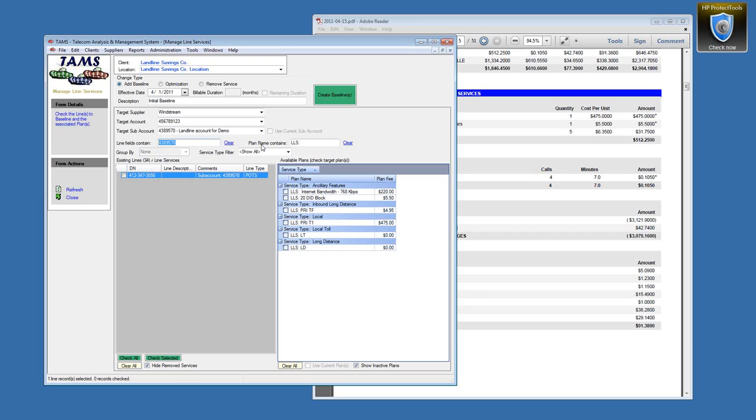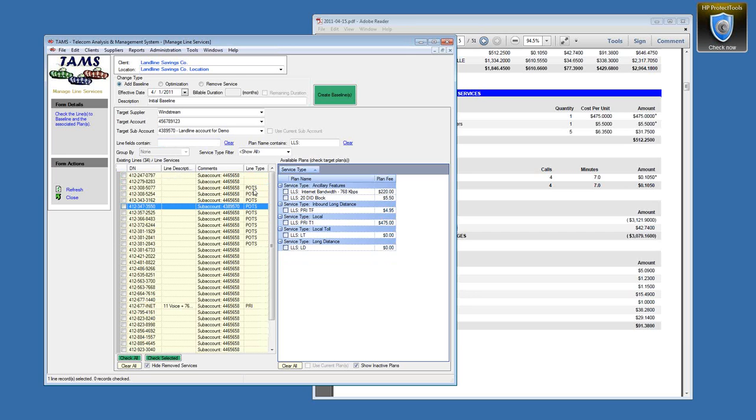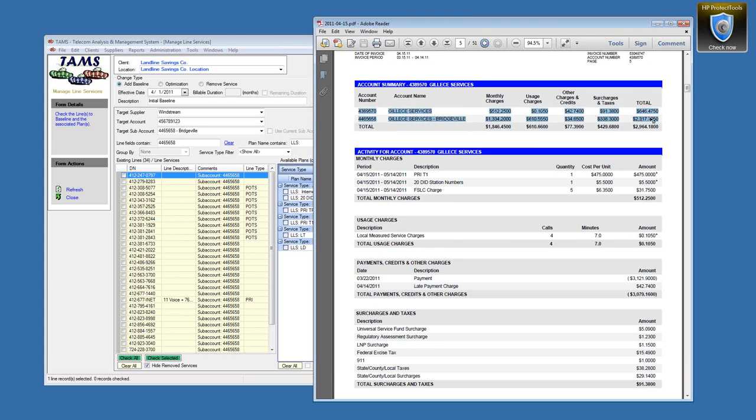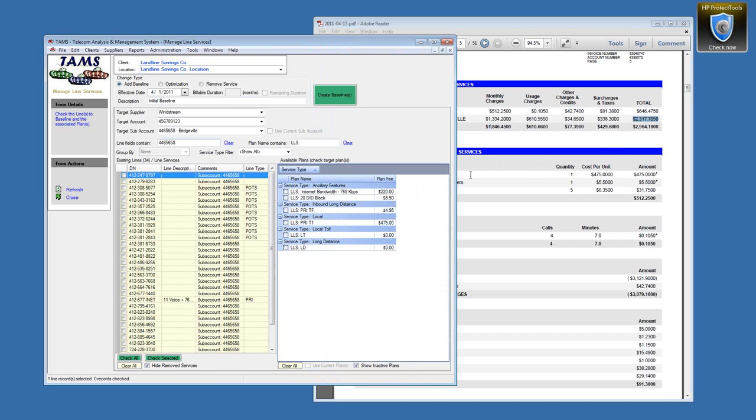Similarly, if I want to see the other sub-accounts, I can clear this and start typing in this sub-account. We want to make sure that we put the right plans on the right lines and have them bill on the proper sub-account so that we will get totals that look just like this in TAMS. We see this sub-account was $646,475, this was $23,1771. So by modeling what the carriers are doing, we are able to reproduce or mirror their billing, and then